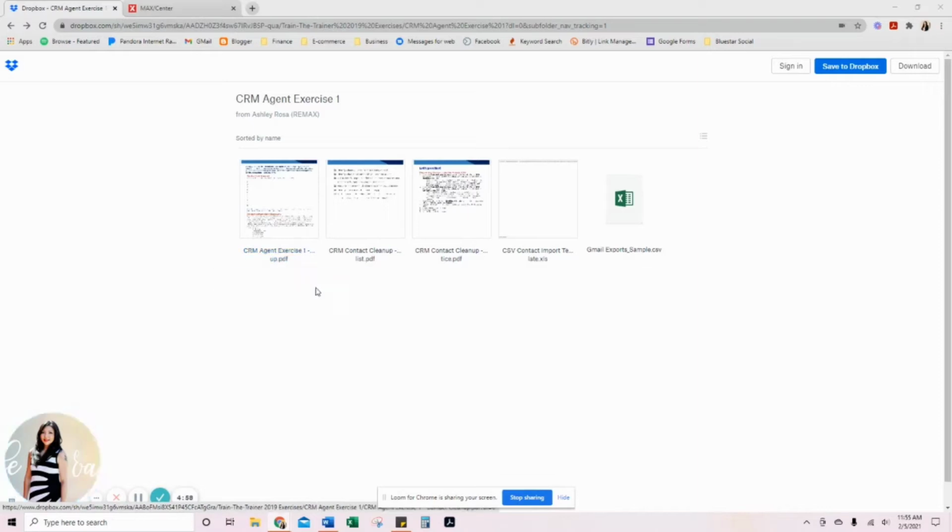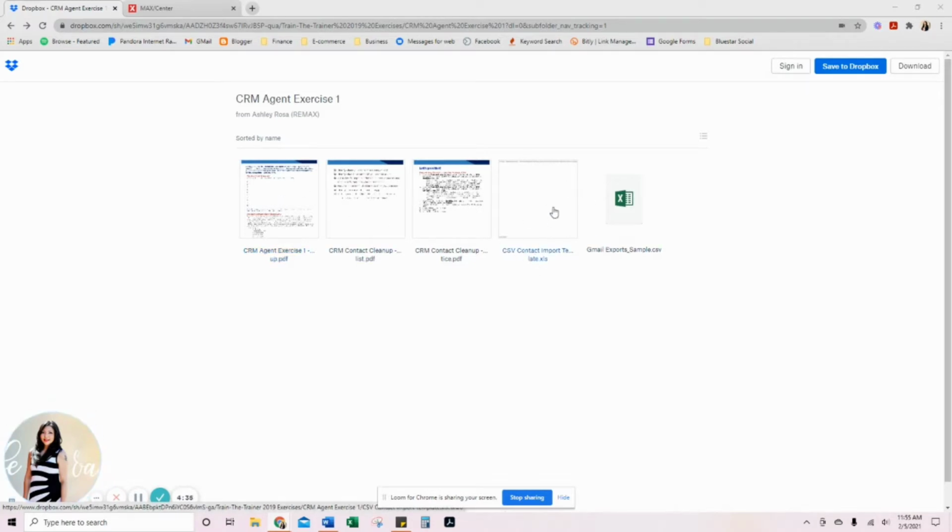So if you have not organized your contacts, then you'll want to do that first before you go any further. So with this link, the exercise one link, you're going to go through each of these steps. Each one of these is a page that walks you through how to gather all of your contacts, get them all in one place, and then the file that you will need to use, the template, is this one here,